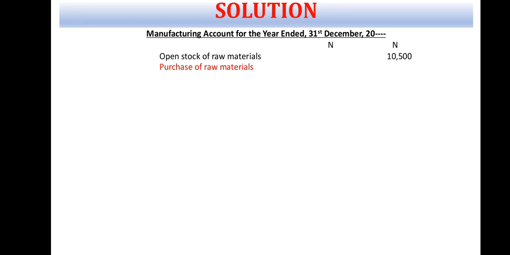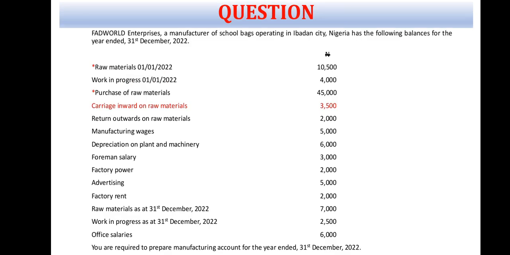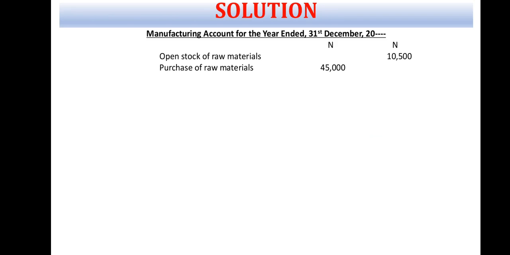After purchase, like I said, when they purchase items, they carry them into the factory. That is carriage inward. Look at the question. Do you have carriage inward? Yes, there is carriage inward in the question. So carriage inward on raw materials, 3,500 naira. So 45,000 naira plus 3,500 naira will give us